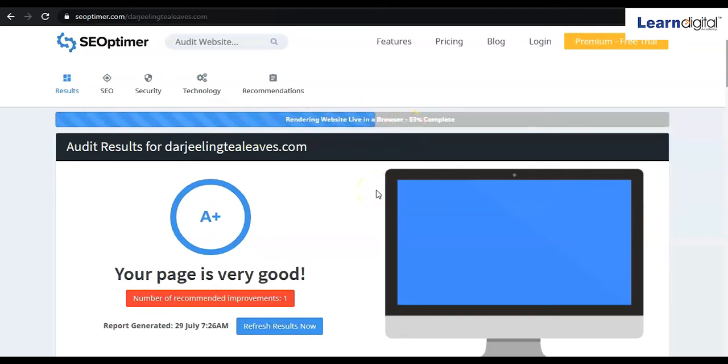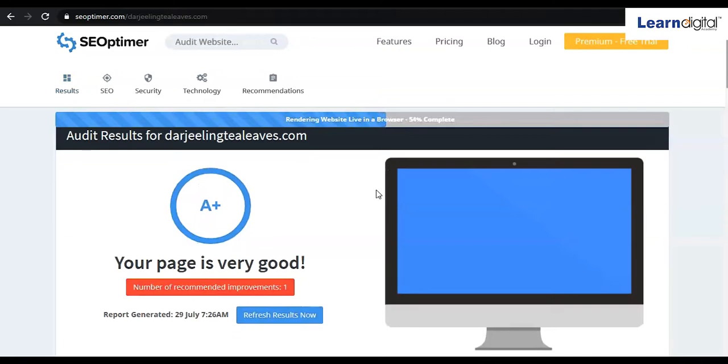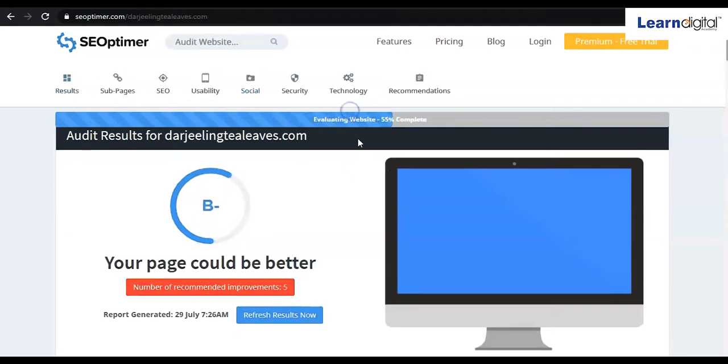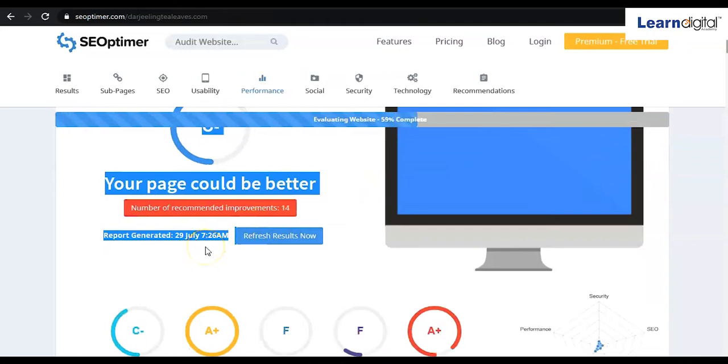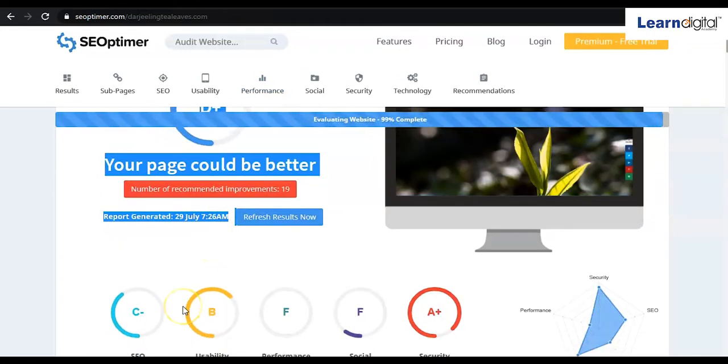You can see the page grade and other things, and when the report was generated. Almost 99% is done, and when it completes 100%, all the reports will be done.